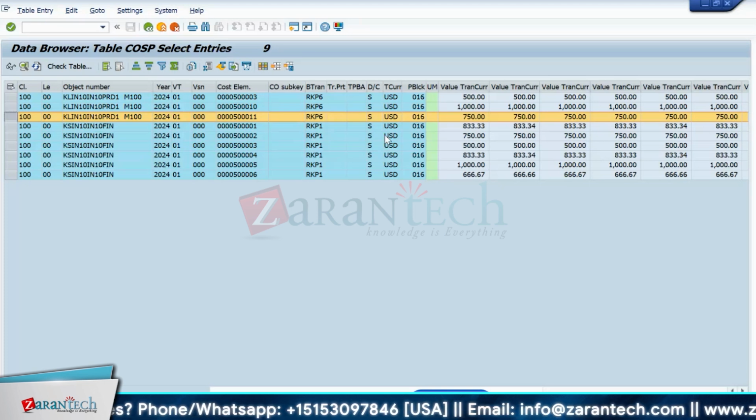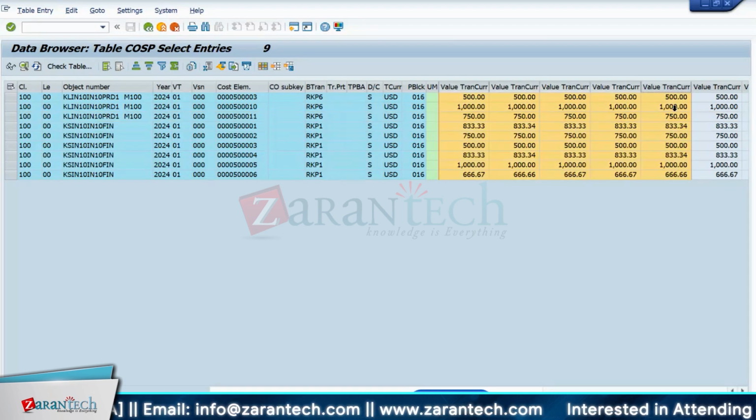Does anybody know why we need to push this data to ACDOCP? To be honest, this requirement is not needed for each and every organization, but there are some companies,